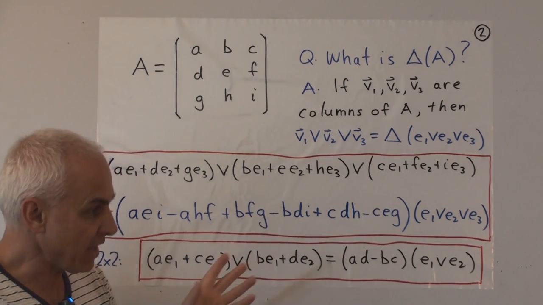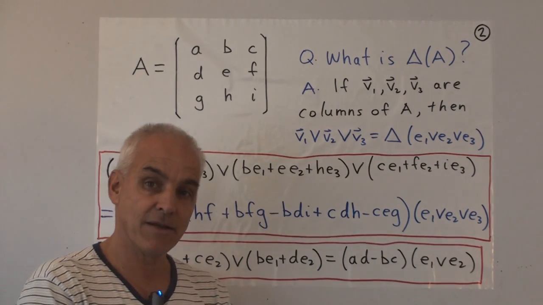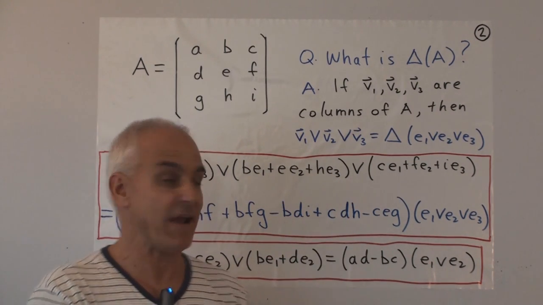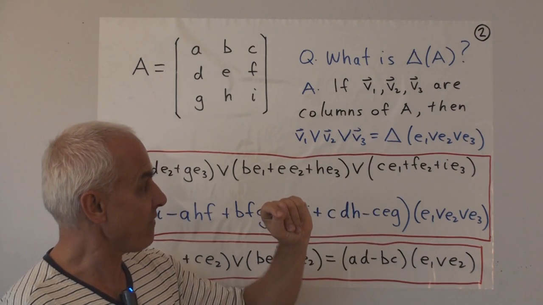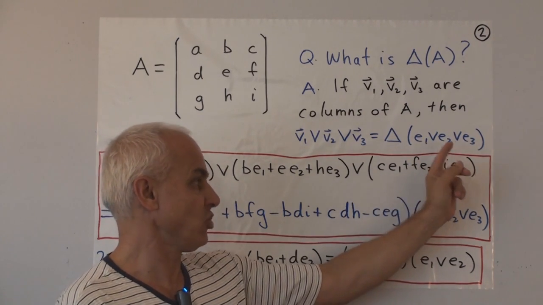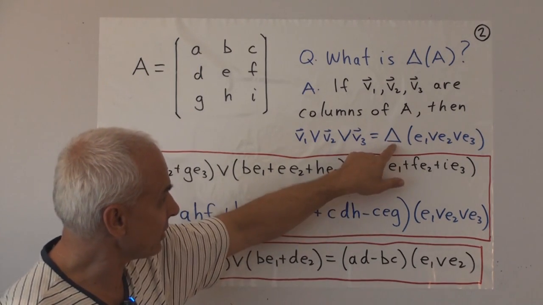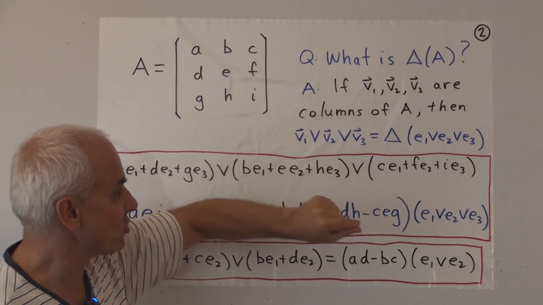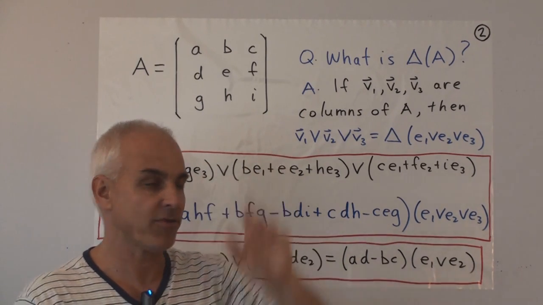And I remind you that if we think of those 3 vectors as being vectors in 3-dimensional space, that represents an oriented space vector, a 3-dimensional vector in space, and we can express that trivector as a multiple of the basis trivector, where E1, E2, E3 are our standard basis. So this delta, or the determinant, is defined to be the ratio between this trivector and this trivector. That's the way we can think about what it actually is.